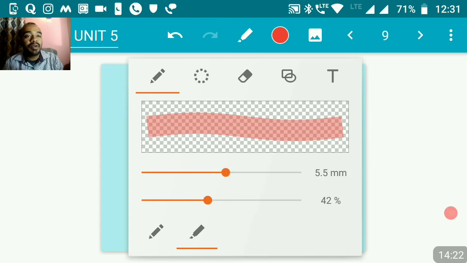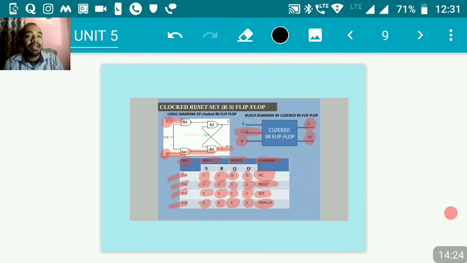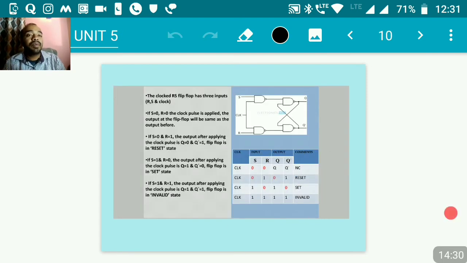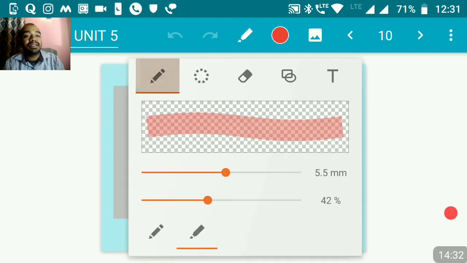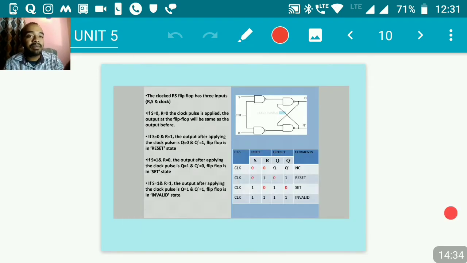Before I make you understand the working, I'll just erase all the highlighted marks that I've made on the screen, and then I'll take you to the next slide. Let me just grab a highlighter, get back. Okay,